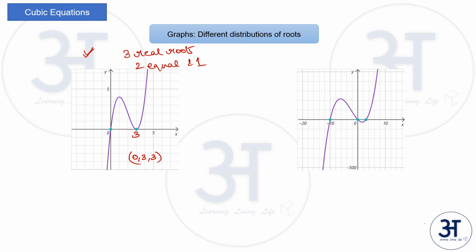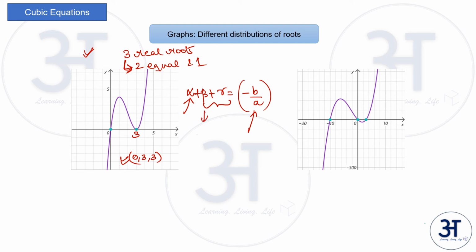So let us first say why it is not possible to have two real roots and one complex root, and then we will understand how I found out that it is 0, 3, 3. So we know that alpha plus beta plus gamma is equal to minus b by a, and we know that RHS is a real number. So if one of the roots is real and the other two are complex, it may so happen that their imaginary part is cancelled.